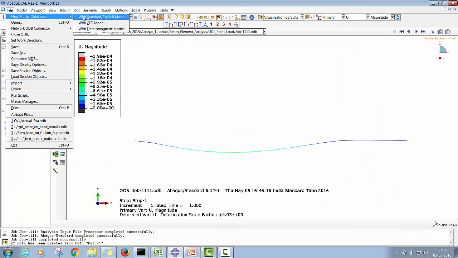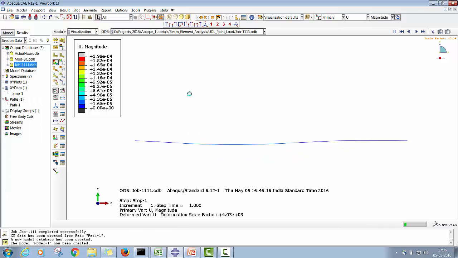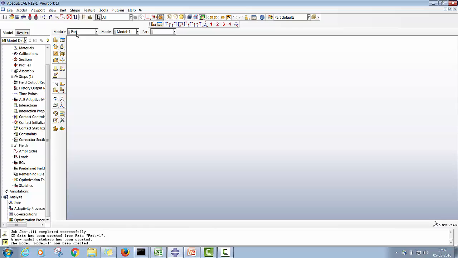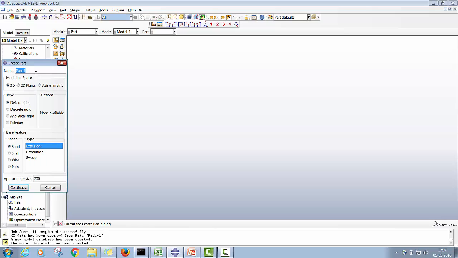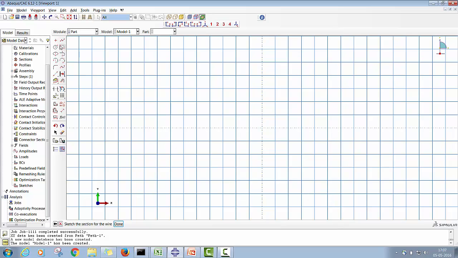Okay, so I start with the blank canvas. I will start with the part. I will name it beam span. Let's go to 2D planar, wire. The span is around 8 meters, so somewhere around 20 meters should be the sheet size. This is the grid, and I will start generating these points. I start with 0, 0. This is the first point, followed by 0.5 meter,